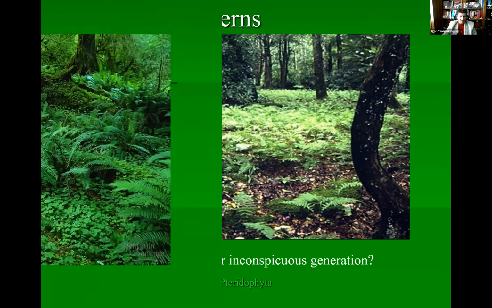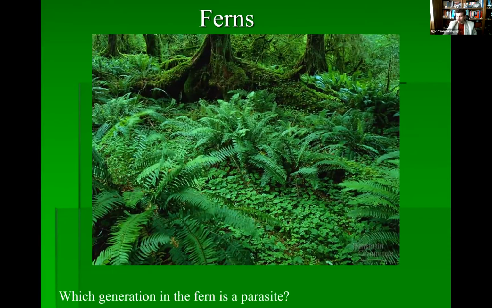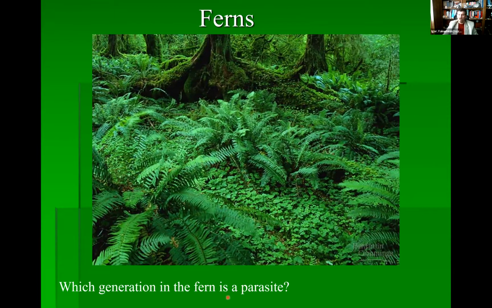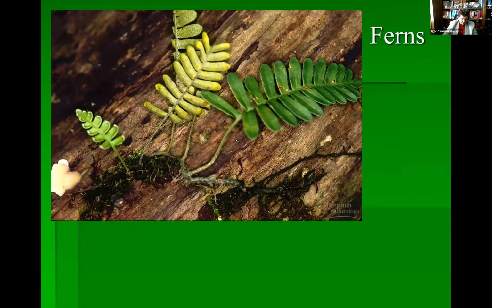So anyway, once again, we're looking at those particular ferns, and these are the fronds, right? We talk about the fronds, and fronds are important. Which generation in the fern is the parasite? Neither, because both of them are photosynthetic. So here what we're looking at is a tiny little bitty fern, and you can already see the underground stem, the rhizome, and the fronds coming out, and then of course over a period of time it will grow and become much larger. Water is still needed. Fertilization cannot happen without the water.